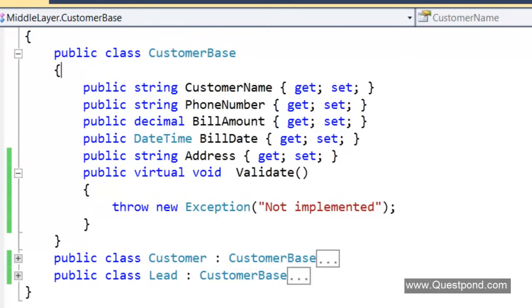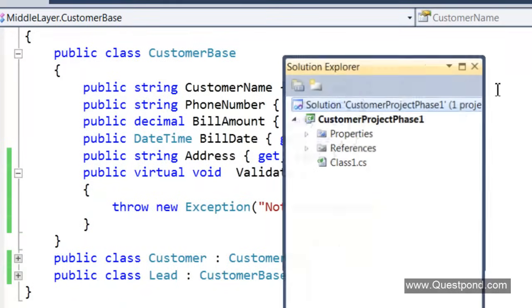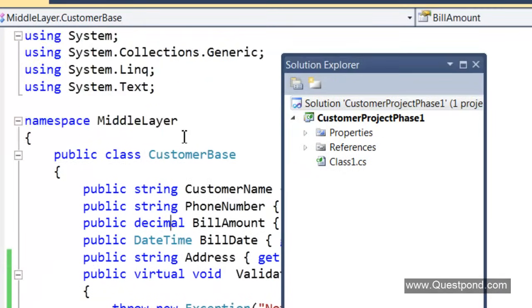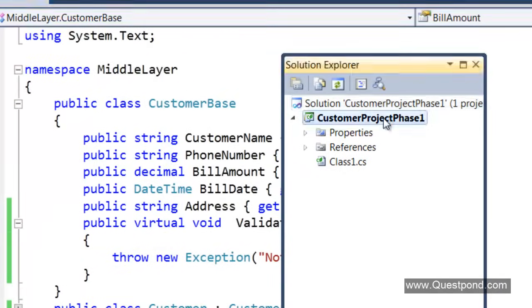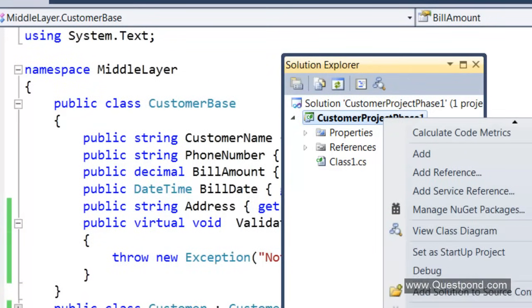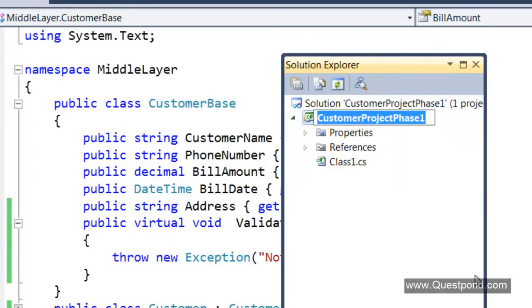So now let us go ahead and create a user interface. And in the user interface, let us consume this business logic that we have created, right? So this is actually our middle layer. So let me rename this. Also I would like to mention here, I'm creating this project in Visual Studio 2010.